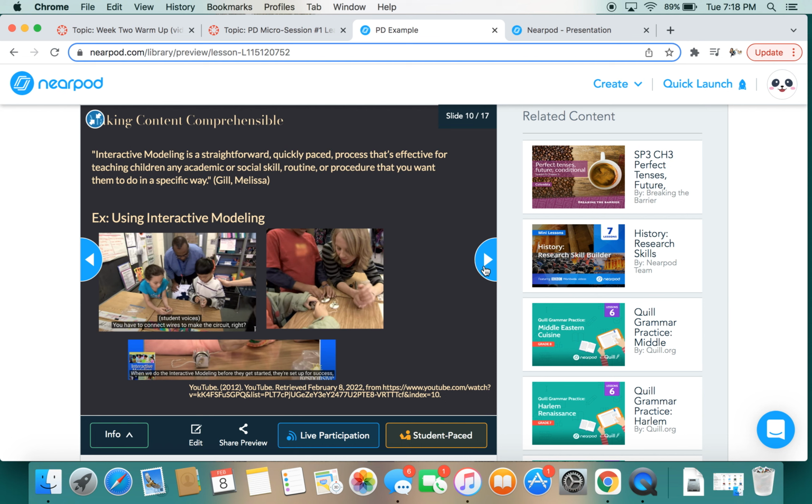Another way we can make content comprehensible is by implementing interactive modeling. Basically, it is a straightforward, quickly paced process that's effective for teaching children an academic or social skill, routine, or procedure that you want them to do in a specific way. We saw this being exemplified in one of the videos